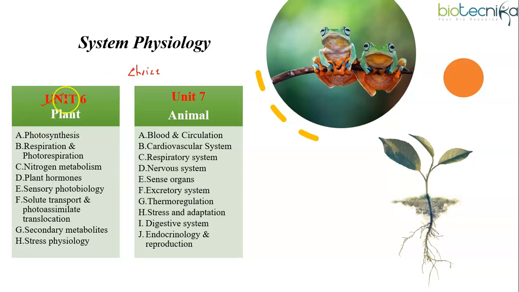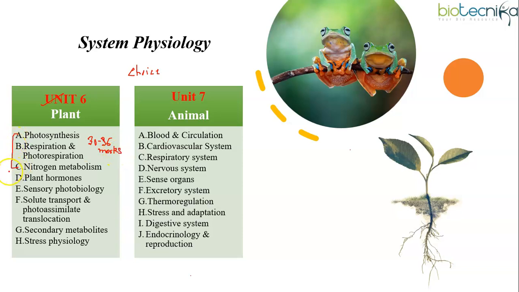So if we look at unit 6, plant physiology, it is a vast unit that focuses on botany based concepts of life sciences. So for botany background students, this unit will be an advantage. And this is also the unit with the maximum marks weightage in the CSIR NET Life Science paper. Unit 6 carries a weightage of 30 to 36 marks.